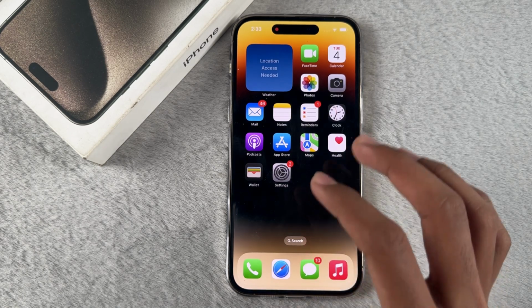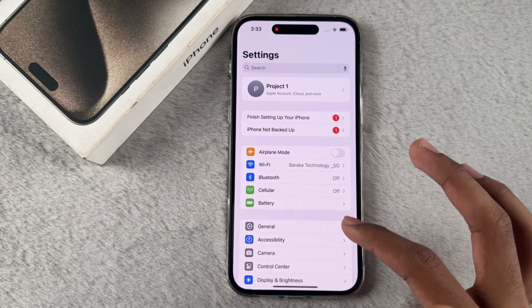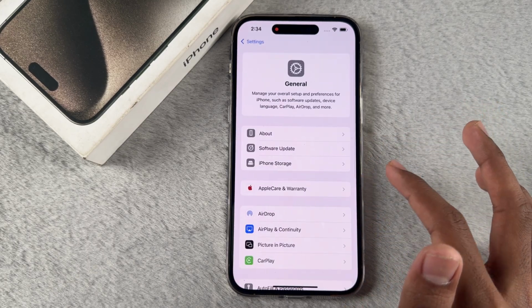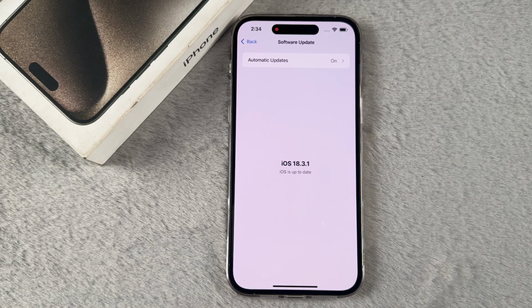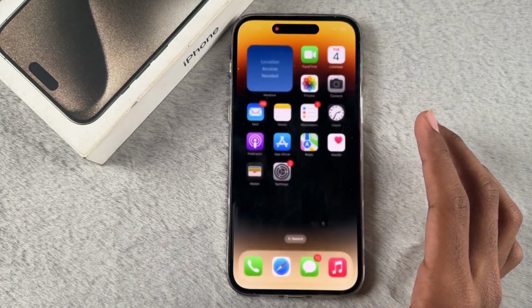For this, first of all, go to the Settings of your phone, tap the General option and go to the Software Update option. From there, if any update is available, just update the phone. Then the next